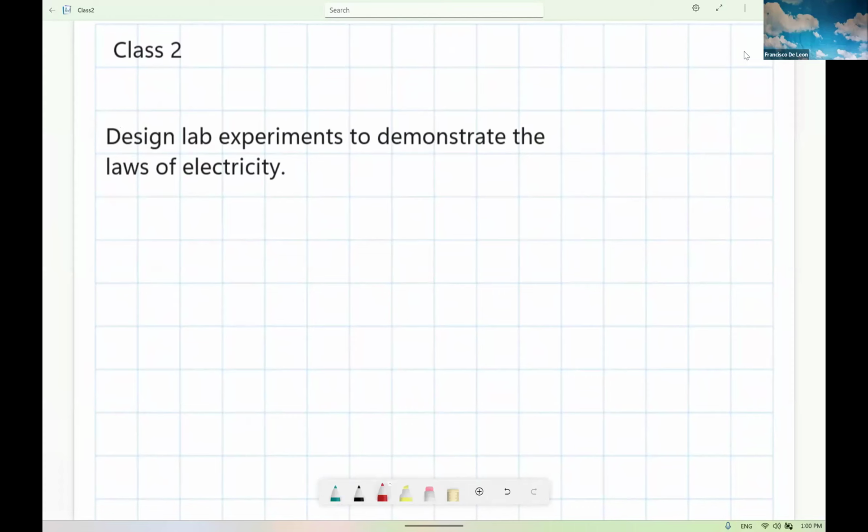Okay, so today we're going to do the second session of this. I want to start with the lab experiments to demonstrate